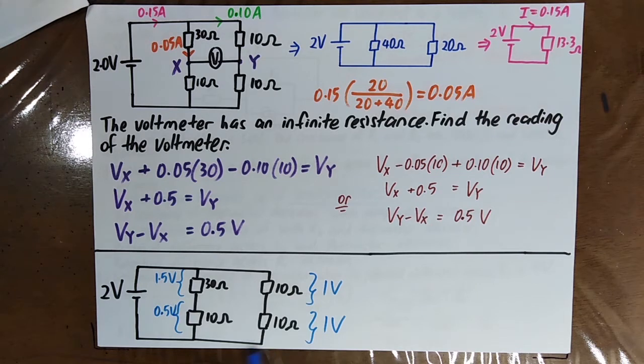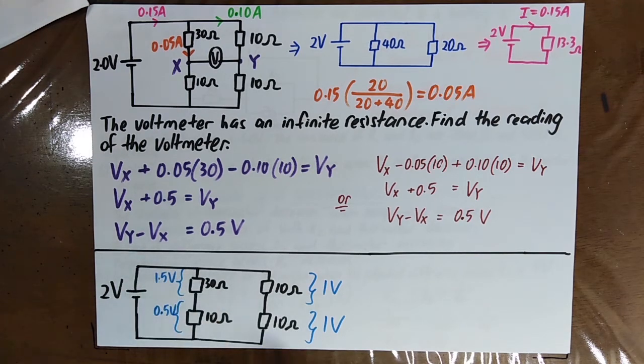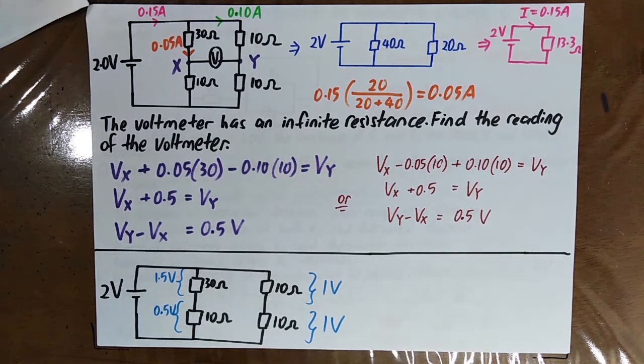But then you can solve this problem from the perspective of a potential divider. That is, the potential difference across here is 2 volt. And then this resistance is same as this resistance. So you know that here is 1 volt, this is also 1 volt. And then 3 over 3 plus 1 times 2 is equal to 1.5. Okay, so you know that the potential difference across here is 1.5 volt, and then the potential difference across here